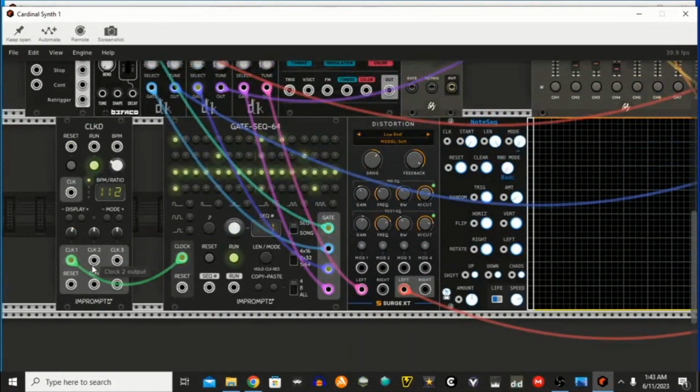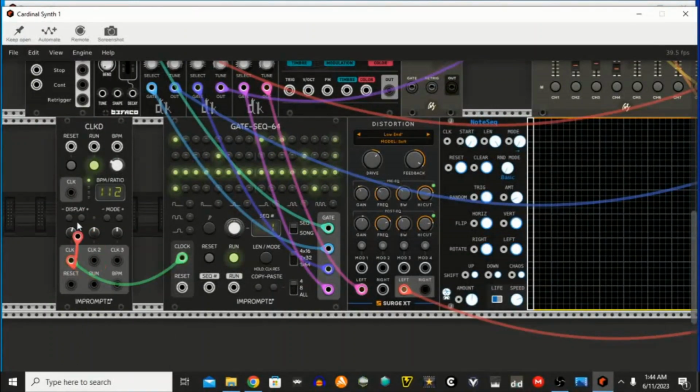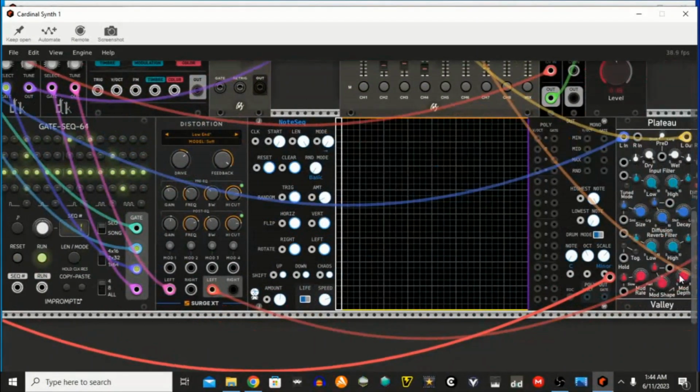So you can actually run multiple wires out of outputs. If you right click and you go to new cable, you can choose whatever color you want, but it doesn't really matter. Just choose a cable, and then now you have access to this cable. So go over here, and we are going to put it into the